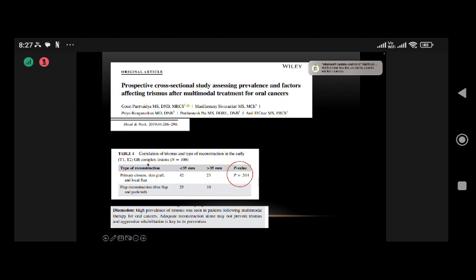We found that trismus is a problem no matter what kind of reconstruction you do. Even for early cancers, whether you do primary closure, skin graft, local flap, or a free flap, you have a high prevalence of trismus for patients following multimodal therapy. It is not only adequate reconstruction. Please remember, just because you reconstructed a patient does not mean the patient will not have trismus. The patient requires aggressive rehabilitation in the form of jaw stretching exercises, especially if the patient is going to receive adjuvant